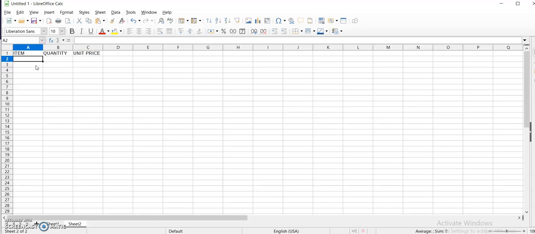Here I will write the item names. Let us suppose I am writing register, notebook, pens. Here I am going to write the quantity 3, 12, 4. Then I will write the unit price.